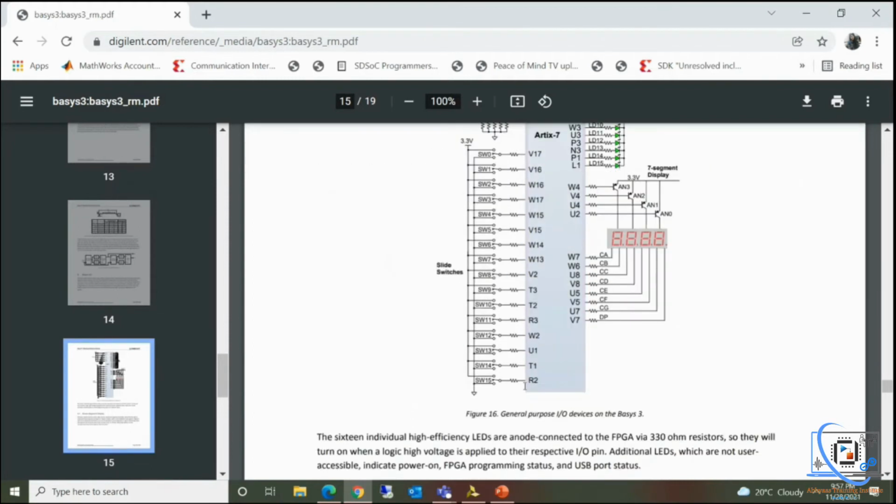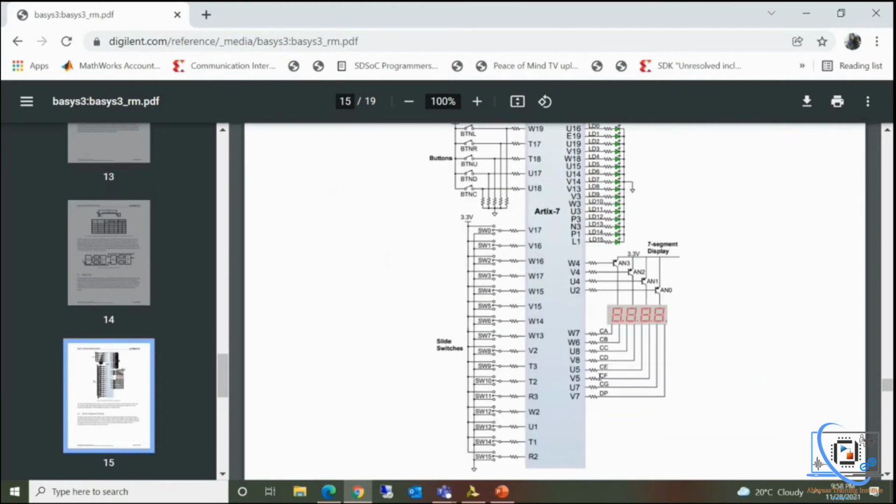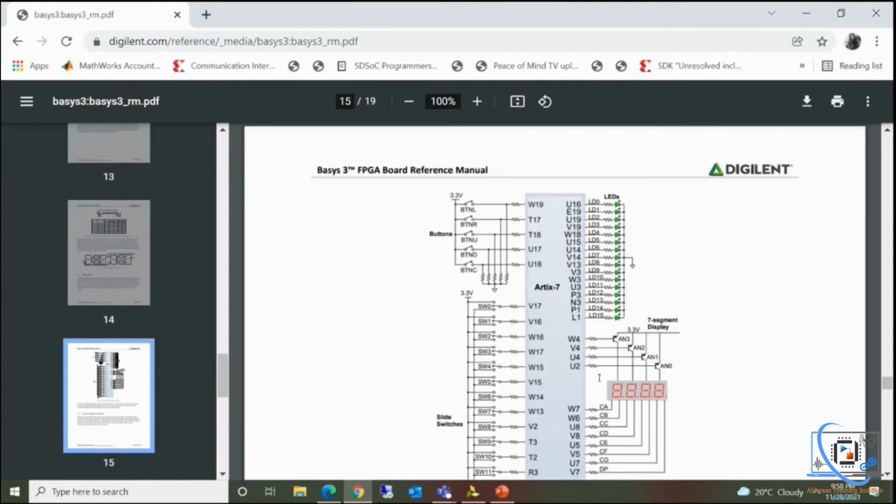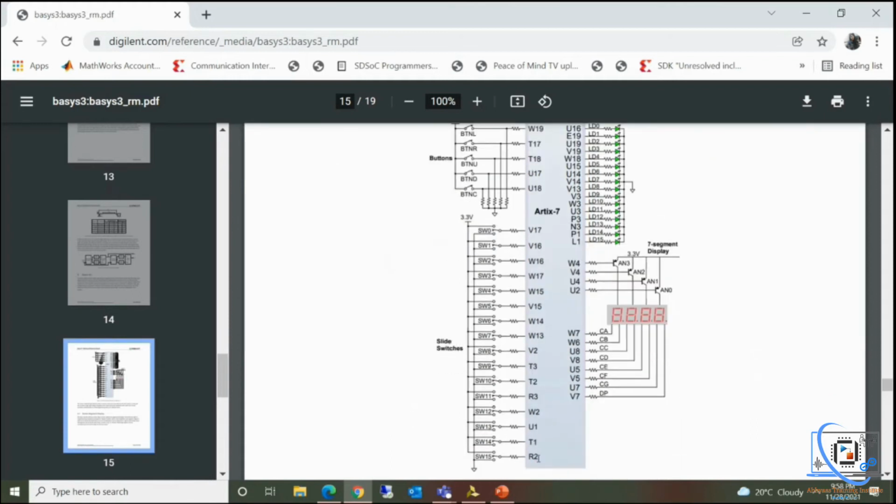This Basys 3 board has 16 switches and 16 LEDs. So you can see L1, P1, N3, P3. All these are pin numbers for LEDs, and this R2, T1, U1, W2, all these are pin numbers for switches.